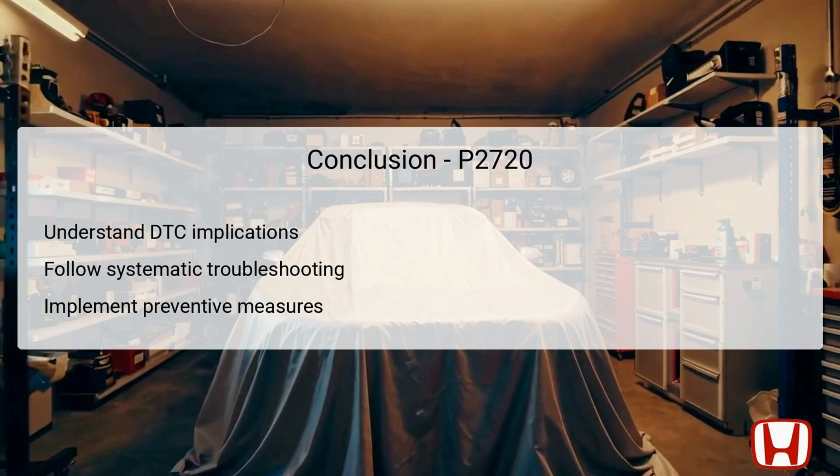In conclusion, diagnosing and resolving DTC P2720 requires a systematic approach to understanding the implications of this error code. Focus on the roles and functions of the Pressure Control Solenoid D within the Honda CRV's transmission system to appreciate its importance. Following the outlined troubleshooting steps methodically will aid technicians in effectively identifying and rectifying the underlying issues associated